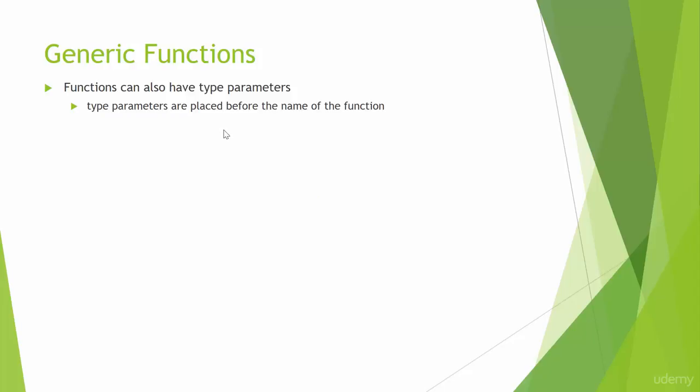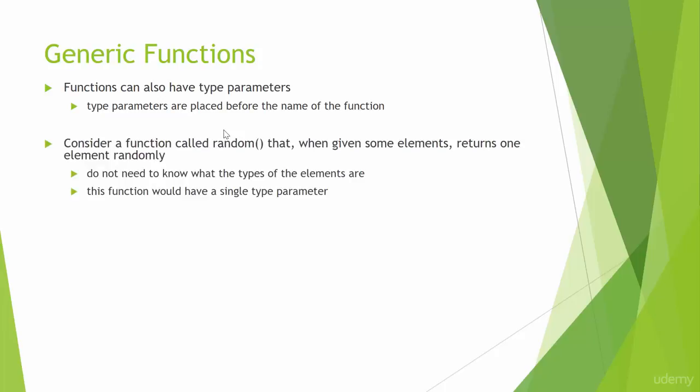But in Kotlin, the return type is at the end, right? We do the colon and then that's the return type. So for Kotlin, you just have to put the type parameters before the name. So for example, if we have a function called random that when given some elements returns one element randomly, we